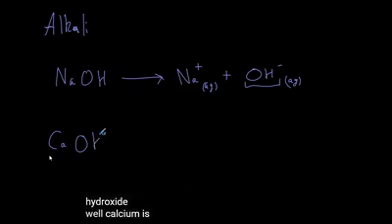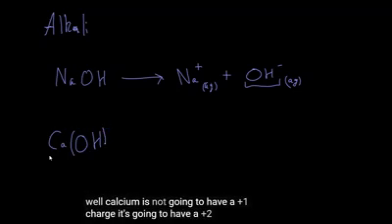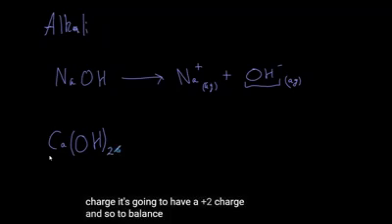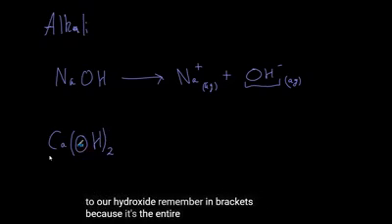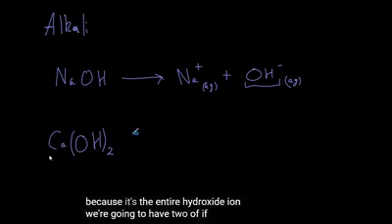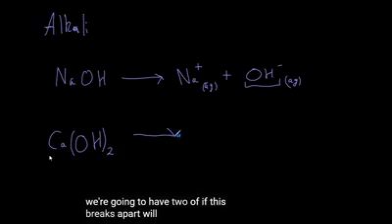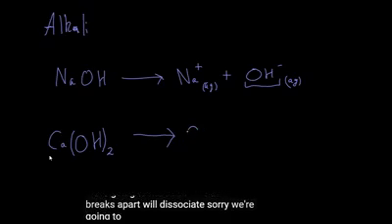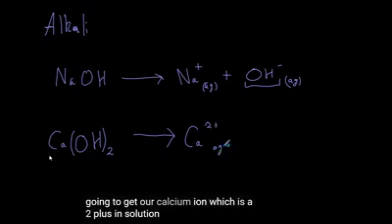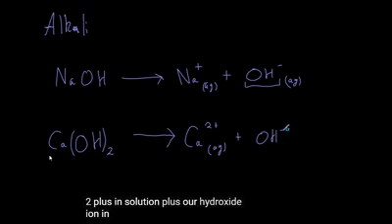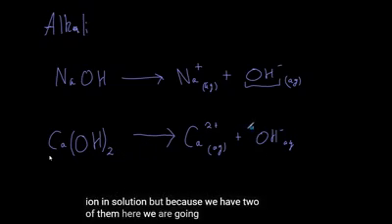And so what if we add something like calcium hydroxide? Well, calcium is not going to have a +1 charge, it's going to have a +2 charge. And so to balance that, we need a 2 next to our hydroxide. Remember, in brackets, because it's the entire hydroxide ion we're going to have 2 of. If this dissociates, we're going to get our calcium ion, which is a 2 plus in solution, plus our hydroxide ion in solution, but because we have 2 of them here, we are going to have